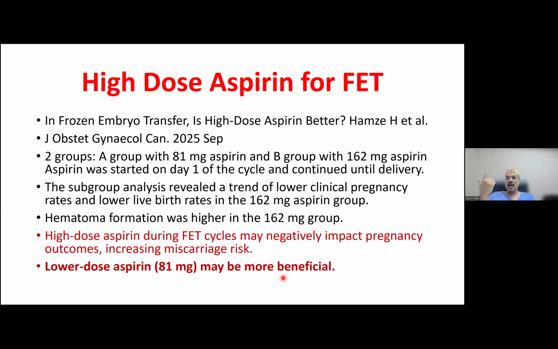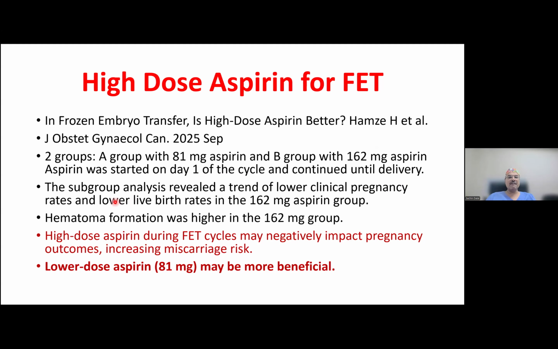Similarly, when you're using a high dose aspirin, this is a nice study where they compared two groups. So in India, we have 75 and 150. They had in the US 81 and 162. So A group was given 81, B group was given 162, started on day one of the cycle, continued till